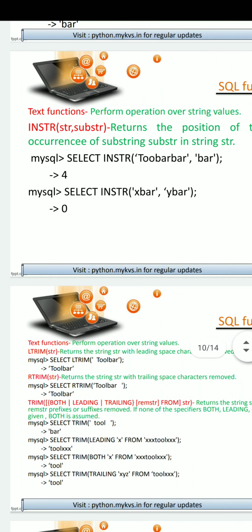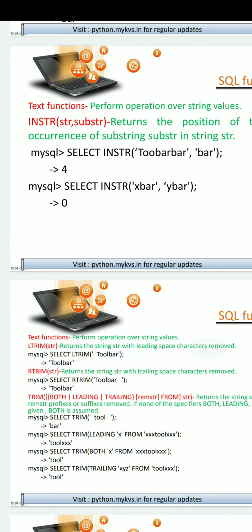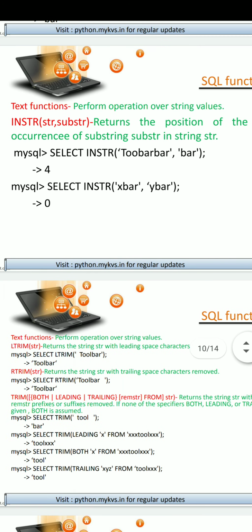Okay student, next function is INSTR. The INSTR function is used to search a substring inside the main string. In this example, foo bar is the main string and bar is the substring to be searched in the main string.